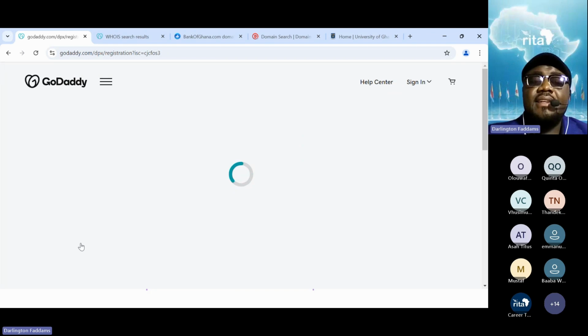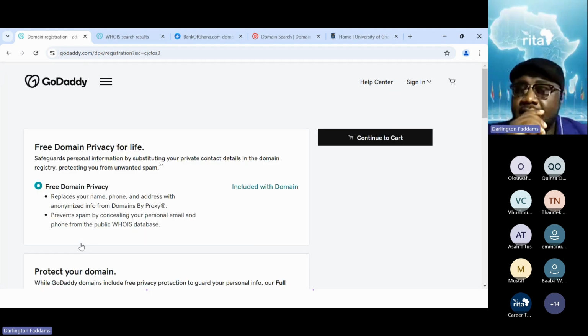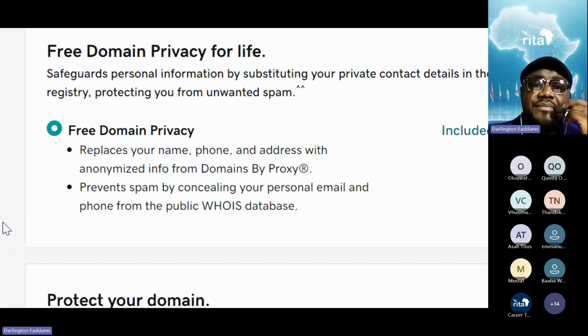Then over here, you are going to discover that there are extra services that they want you to have, like this domain privacy. But this one is a free privacy from Domains By Proxy, like I told you. They are giving you this for free. And I think it's a very good thing if you want to be anonymous. You don't have to be anonymous, but it's good, and there may be a reason for you to be anonymous. So you can choose to get it for free, and that's great.